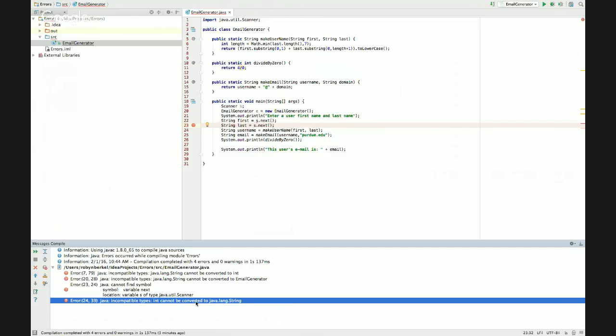Int cannot be converted to a string. So now we're giving it an integer, but it wants a string. So line 24, right here, string username. Okay, so this is one example of why after you fix each error